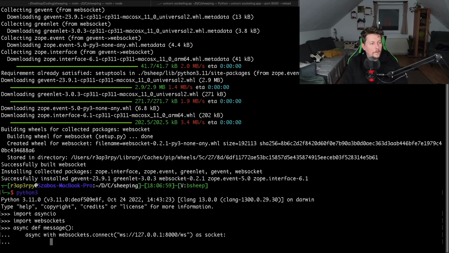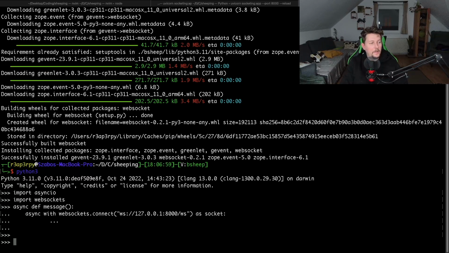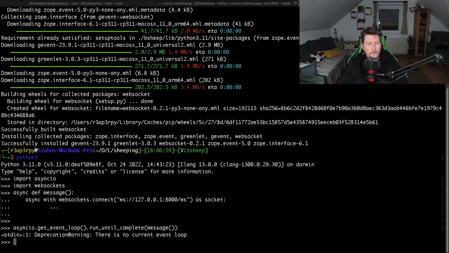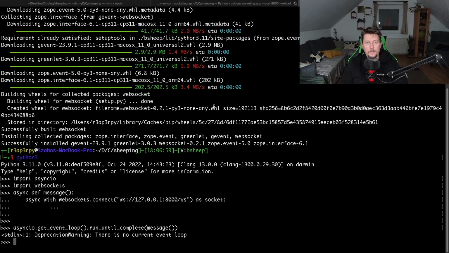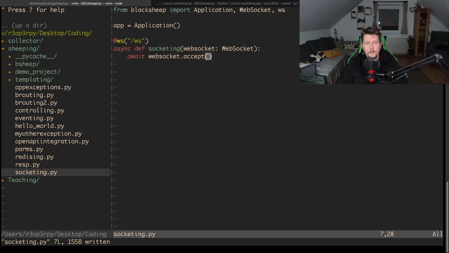and we want nothing more at the moment. So asyncio.get_event_loop().run_until_complete(message). Alright, it seems that the client was able to connect, and